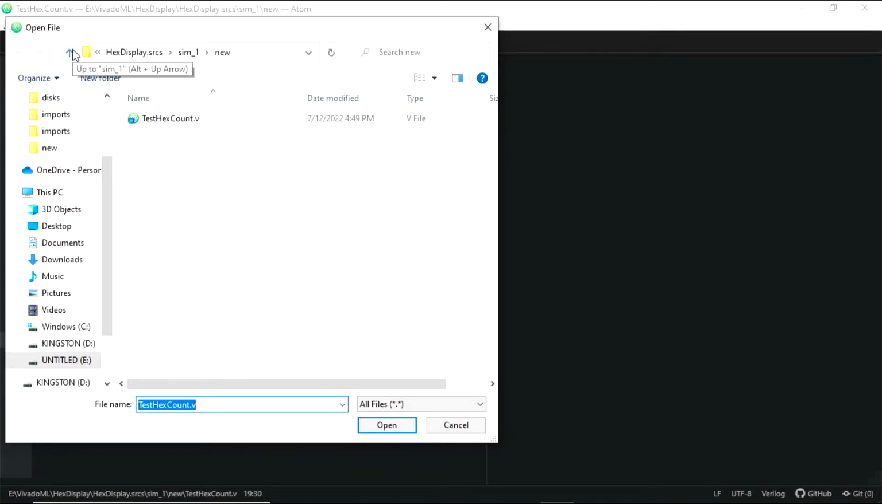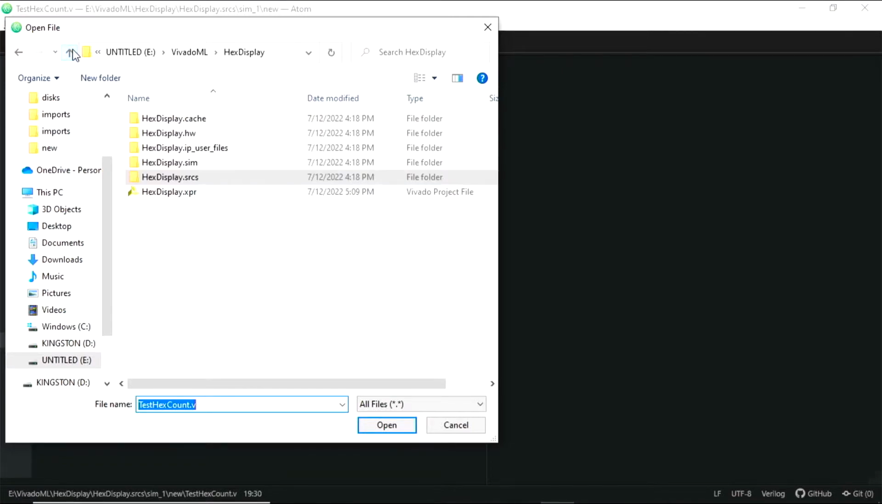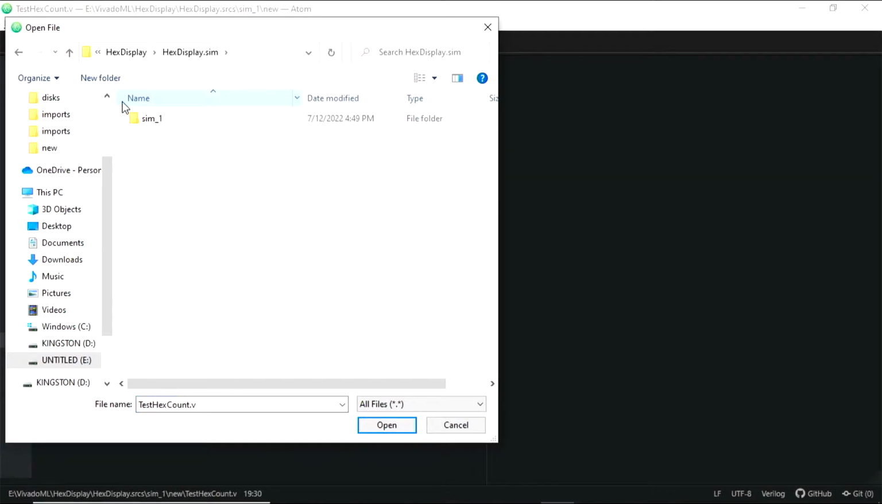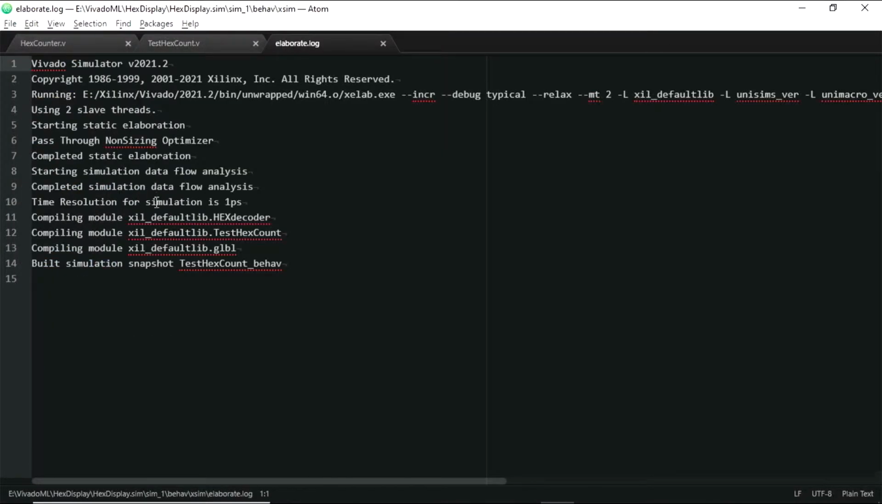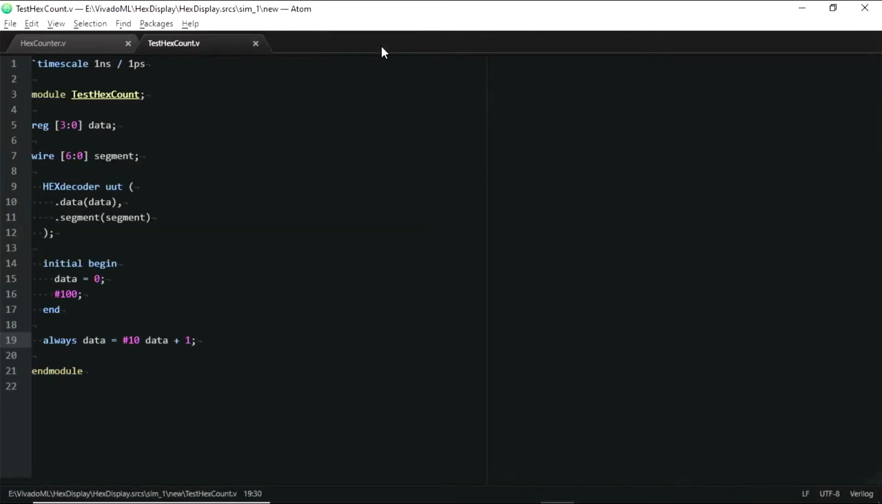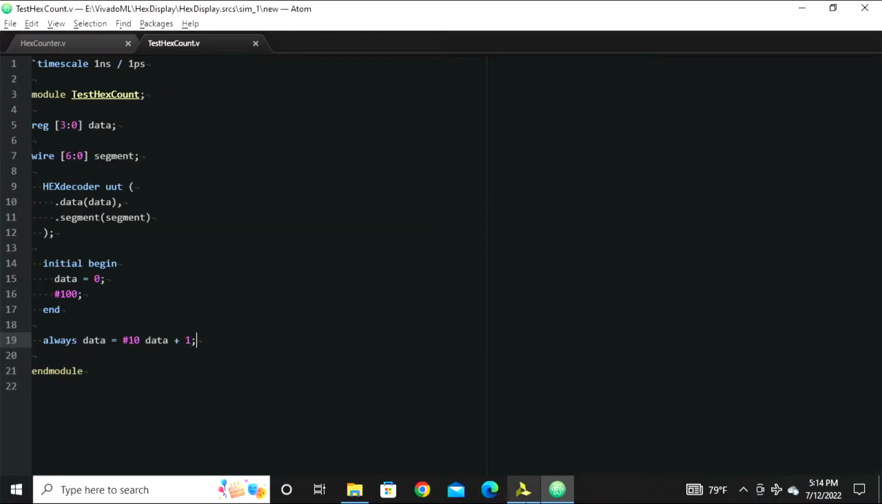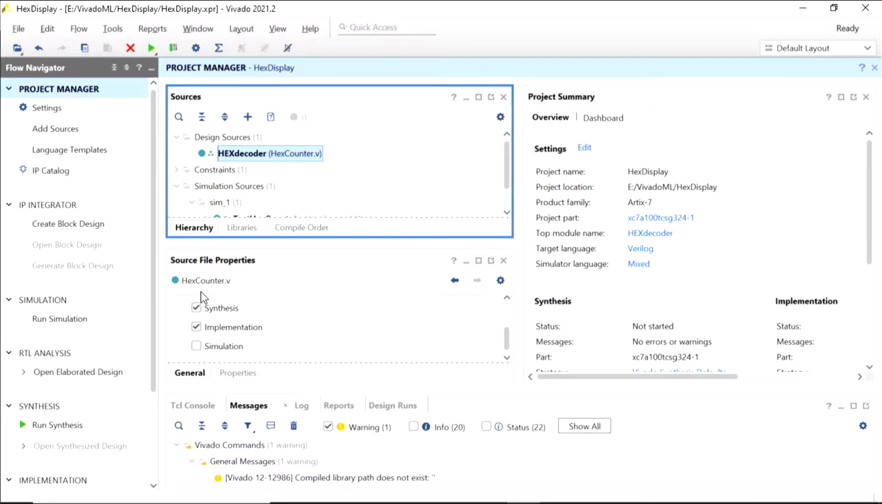So if we go up to simulation, and down here in the simulation folder is simulation log, and here's the elaborate log, and that was the one that was giving me trouble. See, it's been fixed here, but I redid it. So if I go back to Vivado from Atom and we run simulation,